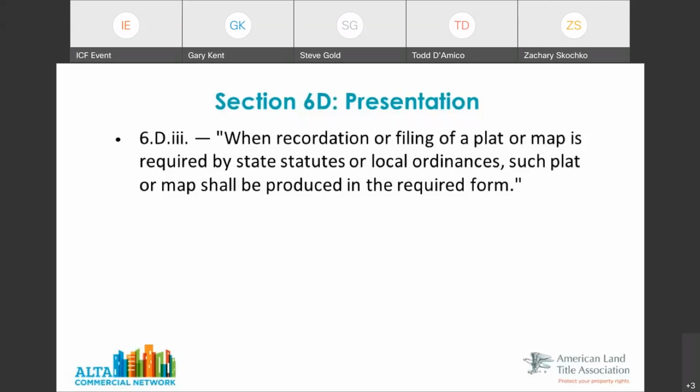So here we wanted to acknowledge that this document may not be all there is, or this document may be filed and recorded in a certain state, take Washington. So that's what this section is saying: not only is the ALTA survey used in the commercial transaction, but if it's appropriate in your state to file a plat map as well, then that needs to be done in accordance with the local statutes.